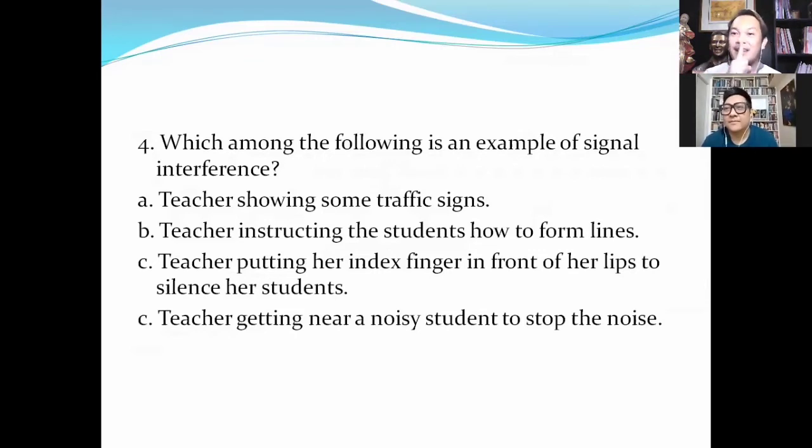The mere fact na inilagay dito yung kamay, alam ng mga bata na ang ibig sabihin nito ay tigil na, tahimik na. Although yung letter D, ginagamit din siya na classroom management technique, although hindi signal interference ang tawag dyan. Ang tawag sa letter D is proximity or nearness.